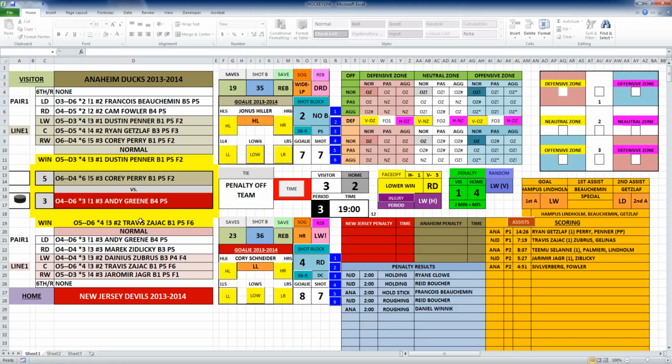So in this case, if Travis Zajac here was taking a shot, and we'll just say it was an exclamation point shot, so it's a 3 value, exclamation point 3. All you have to do to determine the total of the shot is click on the 3 power, and each one of these buttons, from 1 all the way up to 6, will roll a random die